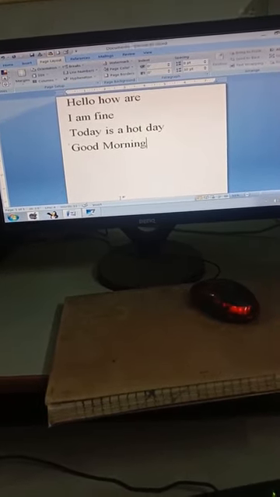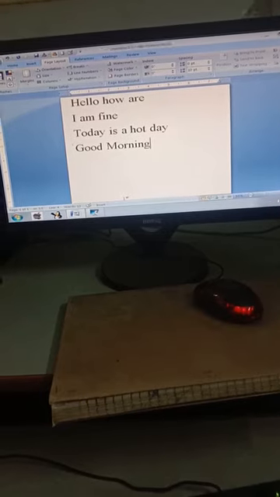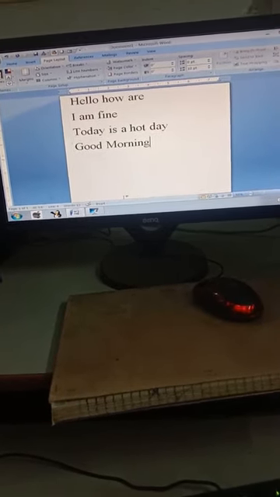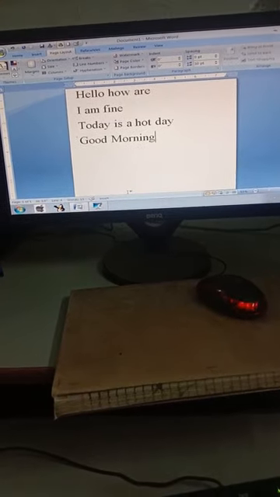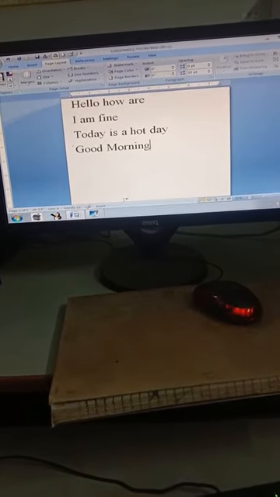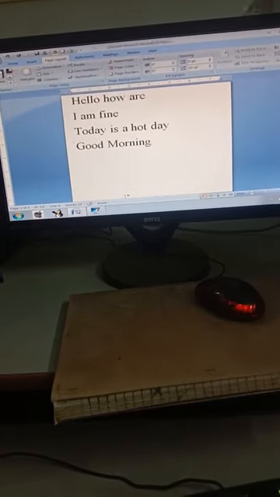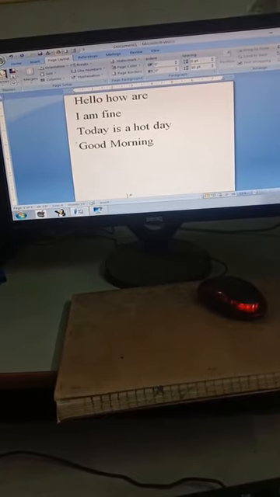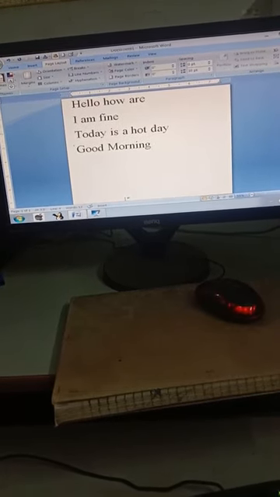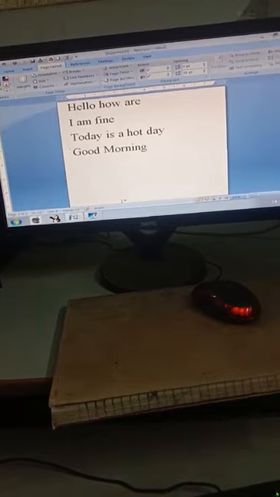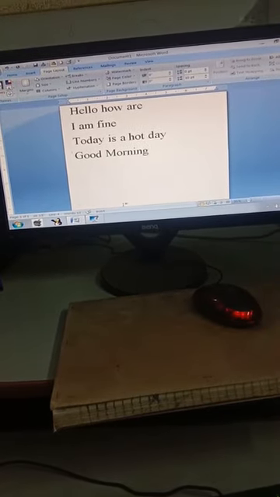In portrait orientation, the width of the page is less than the page height, and the page will be 8.5 inches by 11 inches. We can change the orientation from portrait to landscape, in which the page width will be more than the page height, and the page will be 11 inches by 8.5 inches.